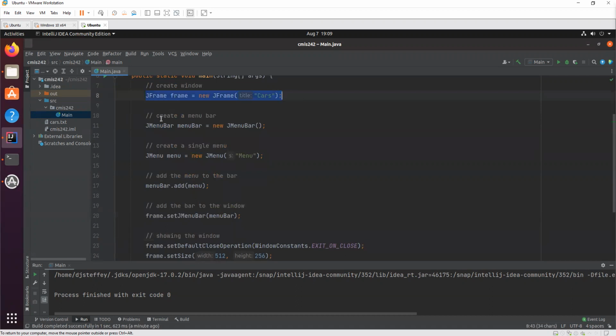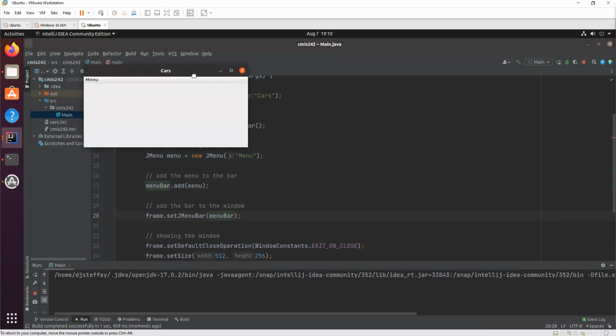So we make the window, we make the menu bar, we make one single menu, and we're calling it menu. We're going to add the menu to the bar, and add the menu bar to the frame. So let's run it.